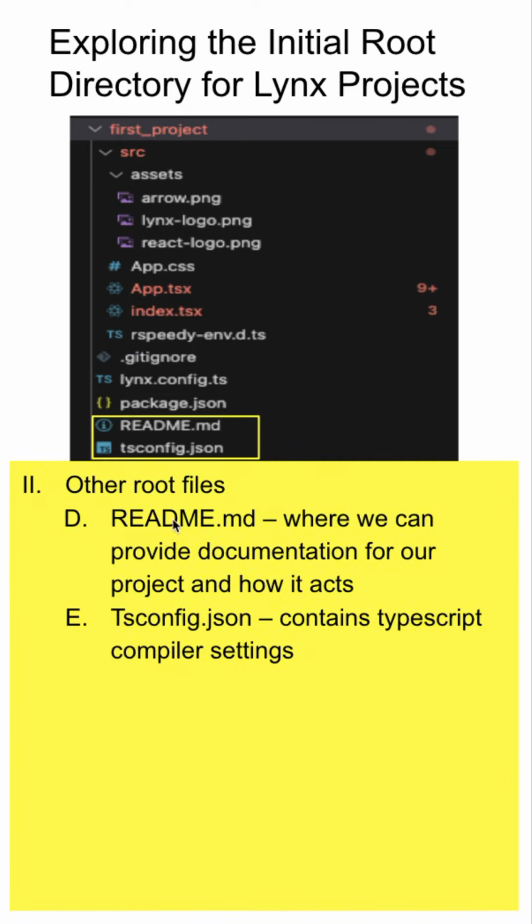In addition, we'll have that README file, which is where we can add our own markdown or documentation for our new app. And we'll have the other tsconfig.json file, which has just some basic TypeScript compiler settings that you can set if you want to, but you really shouldn't be messing around with that too much while we just get started with